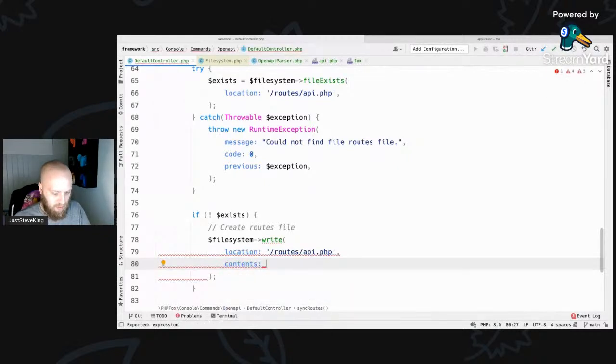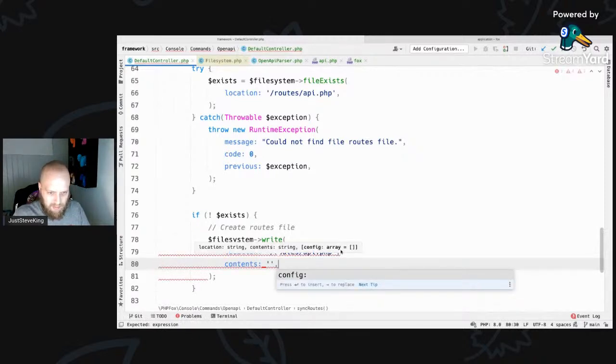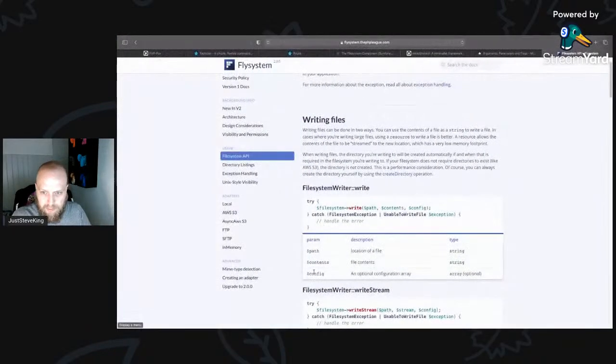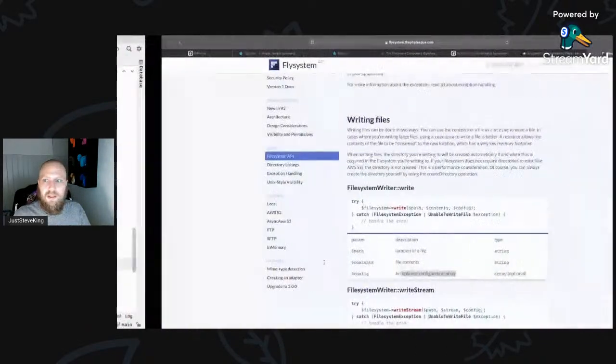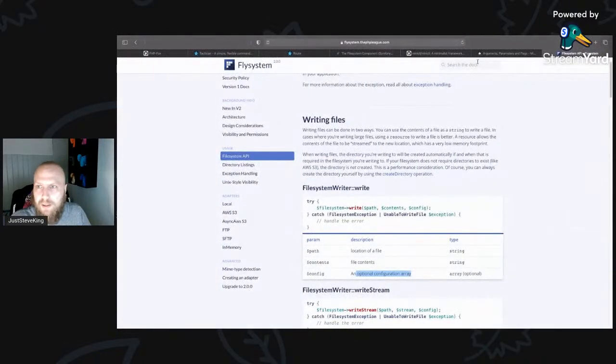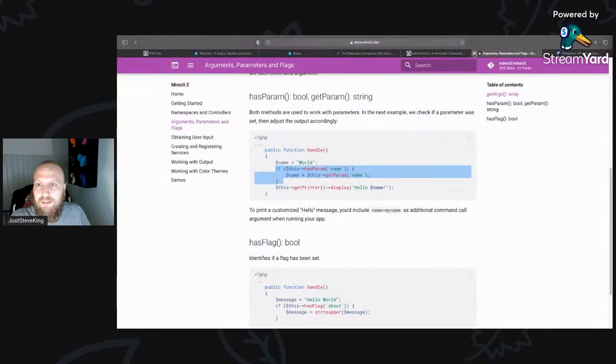Contents is going to be, oh, there's a nice way you can do that. Anyone know what I'm talking about with names? You've also got a pass-through config, an optional config array. You don't have to pass anything through. So there's a really nice way you can,